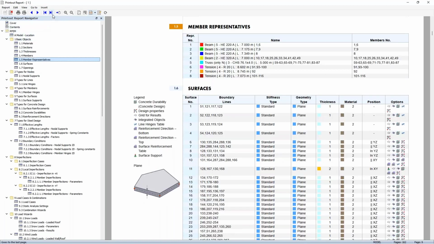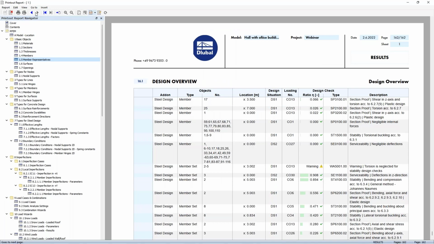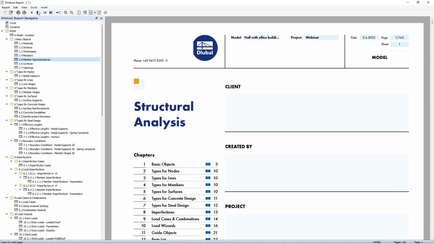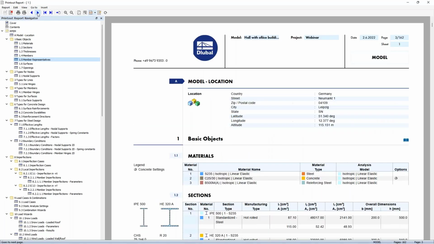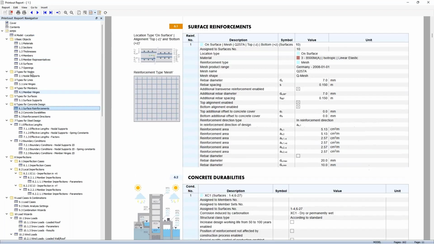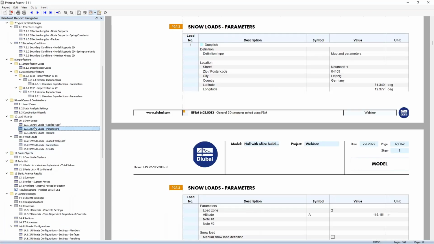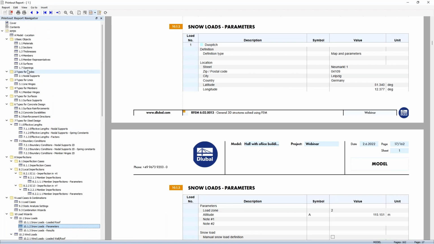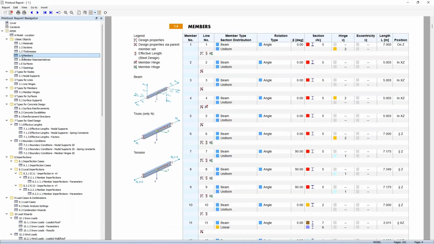I would use that buttons here, come to the end, to the beginning, to the next page, and so on. And you can also click through the menu here, or to the content, I would say the content,